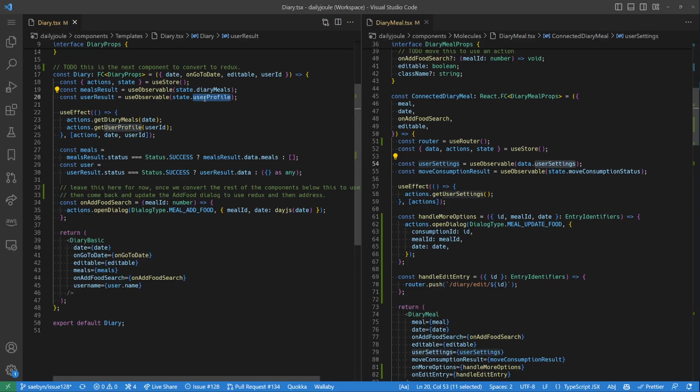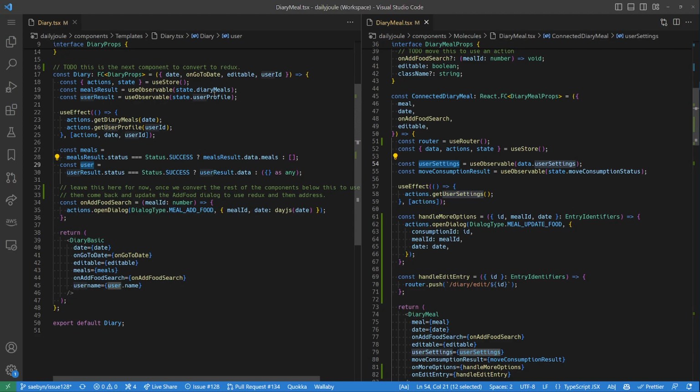Yeah, what is in user profile? What are we using this for? User. Okay, that's user. So I think this is just like the user's name. Those sorts of things. It's a much smaller payload than user settings. User settings is the thing we were looking at on the settings page, where it has like what kind of units to use, like body weight, all those details. And then,